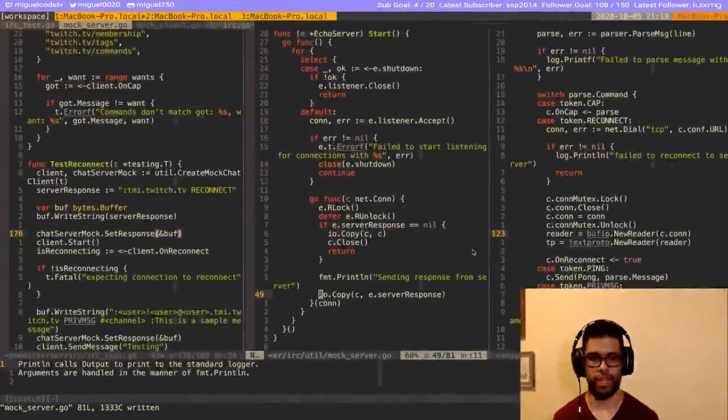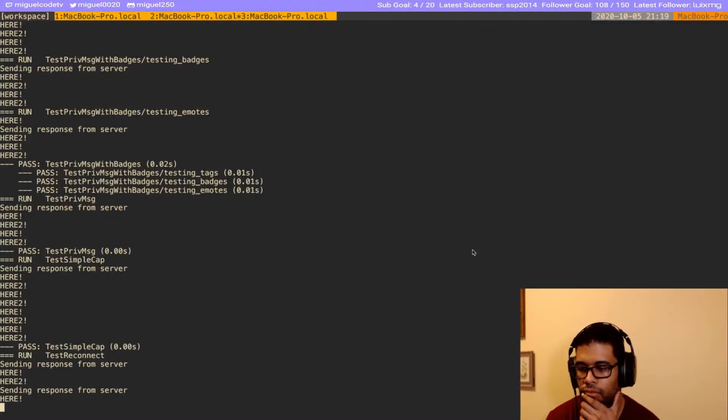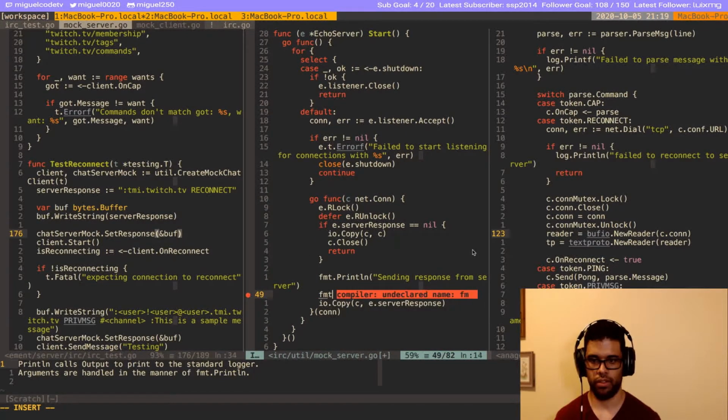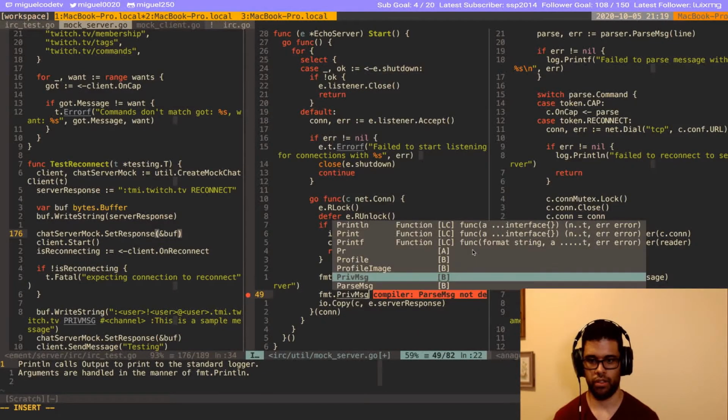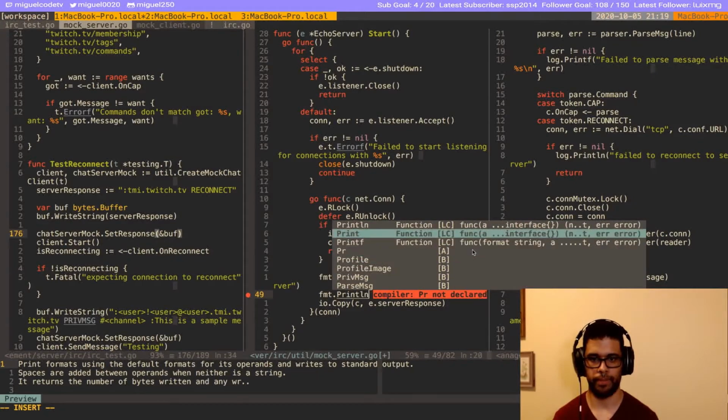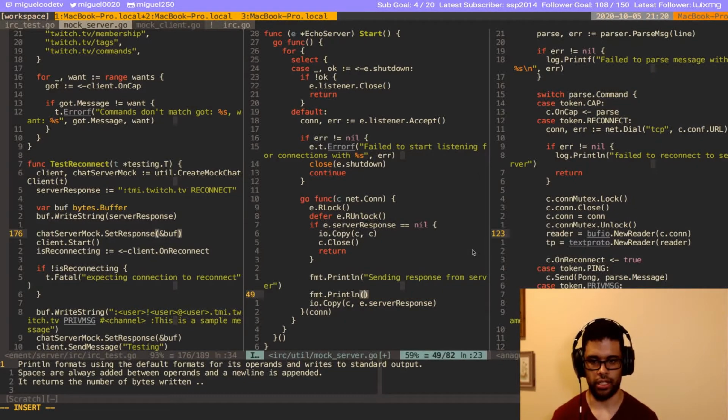I don't think I'm handling the disconnect correctly. Sending response from server. We could check what that response is, just to make sure that we know what it is. I think it's the response that we're expecting.